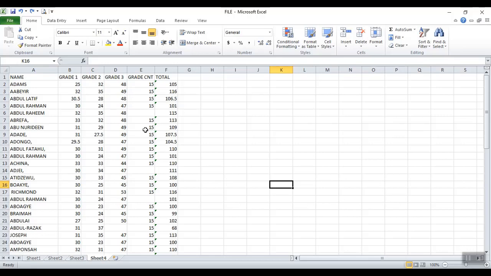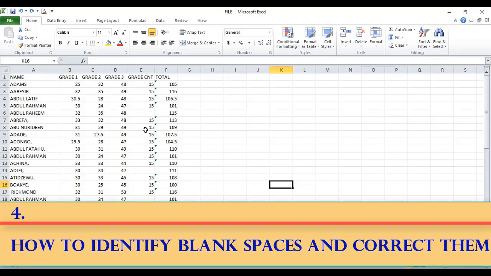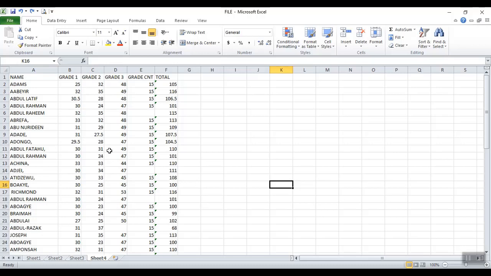Now the next one we are going to look at is how to identify blank spaces in a data set and correct them. Now this data set that we are having is a data of students. Now in this data set we have a lot of blank spaces, and these blank spaces cannot easily be identified manually. So we are going to use Excel to identify them and then insert the value 15 for all blank spaces that we have in this data set. It is very easy to identify them with the Excel tools. But if you are going to go through this manually, you will surely not be able to identify these blank